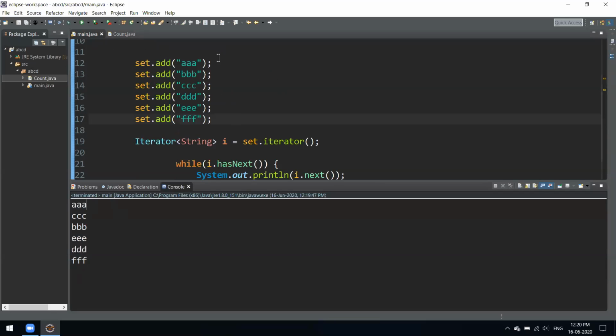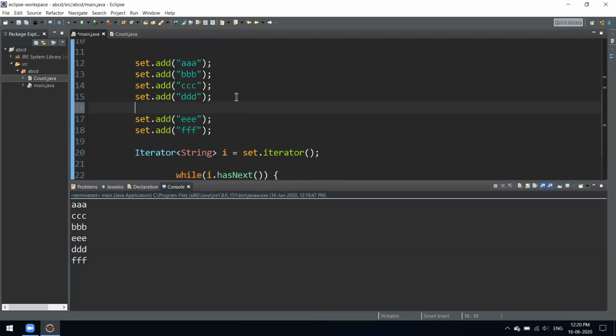One more thing I'll show you. If you have duplicate entries, if you add A again, that wouldn't be considered. See, it didn't print that A again. We added A two times, but it didn't show up in our output.